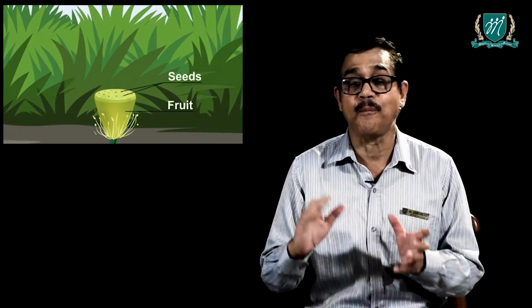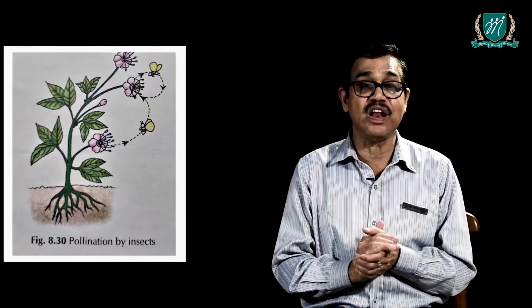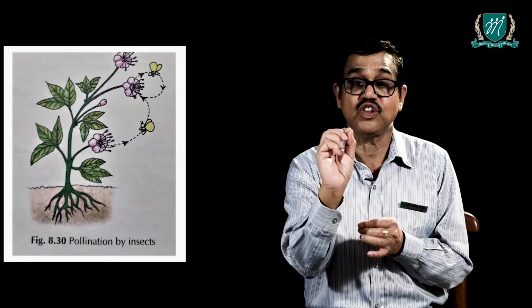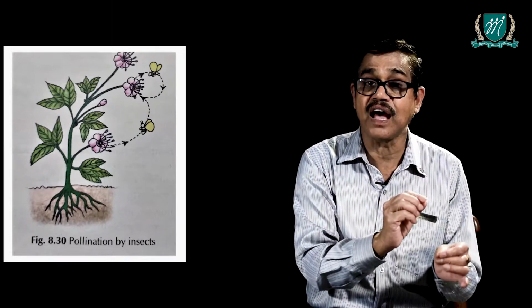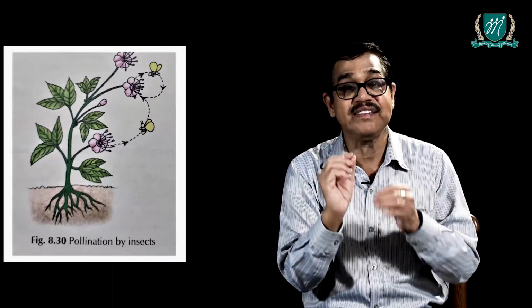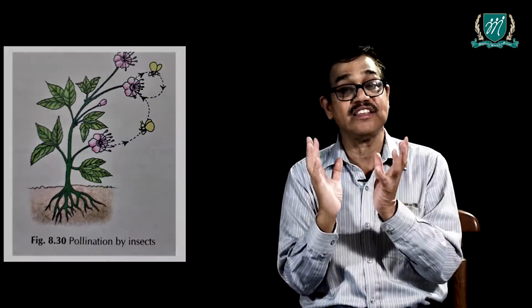So what is pollination? Pollination is the transfer of pollen grains from one flower to the other, and insects help in pollination. Even wind and other mediums also help in pollination, but the main part of pollination is done by insects. The pollen grains are transferred because they stick to the body of the insects, and then when the insect lands on the other flower, the pollen lands on the stigma of the flower. The pollen grains develop pollen tubes in which the gametes travel down to the ovary, and thus it fuses and the seed is formed.